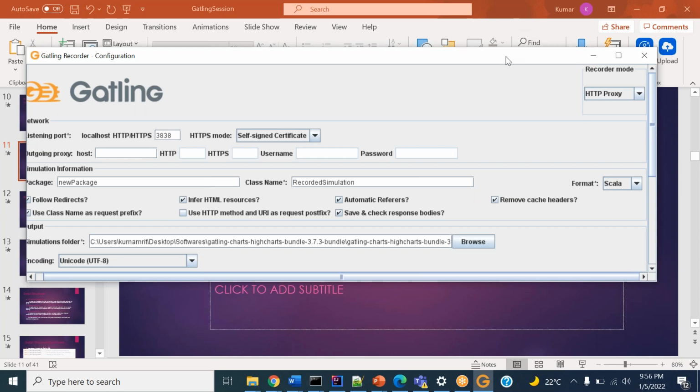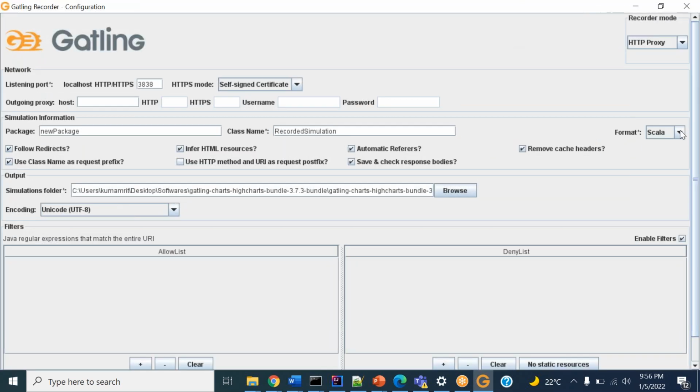Scala, Java, or something like Kotlin. So Gatling has the capacity to generate the script in different languages: Scala, Java, Kotlin. Since we are using it in the Scala framework, we have to use Scala always. Okay, sir.